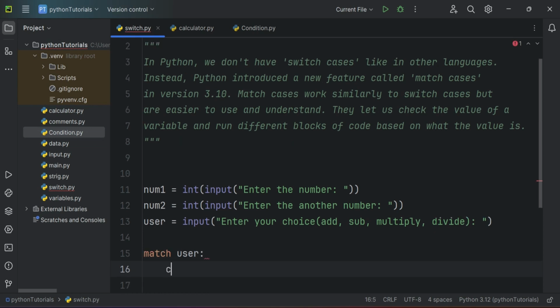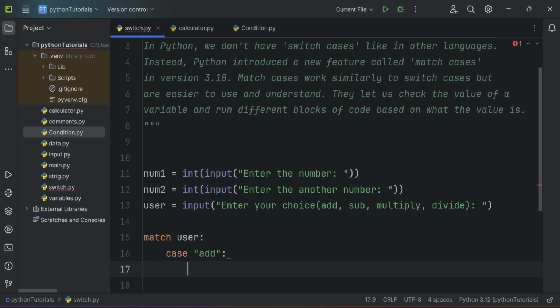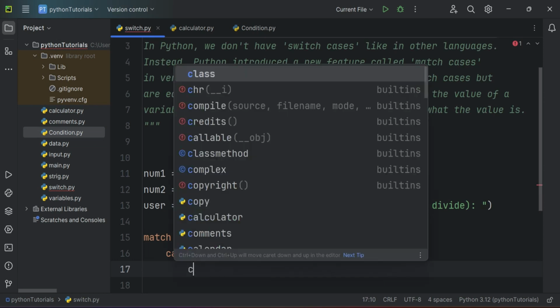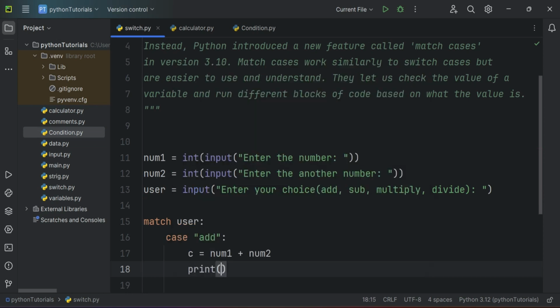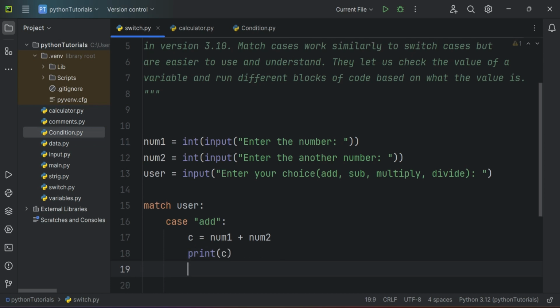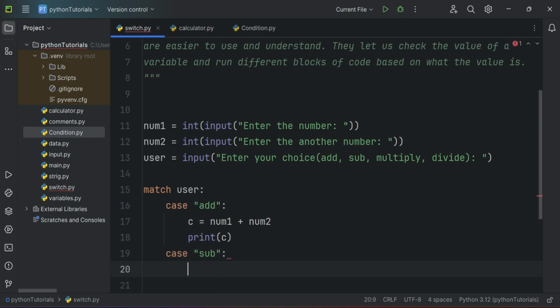Then type case, then the value you want, say add, then put a colon, then c equal to num1 plus num2, like this, then print c. Then similarly, case sub, put the colon at the end of